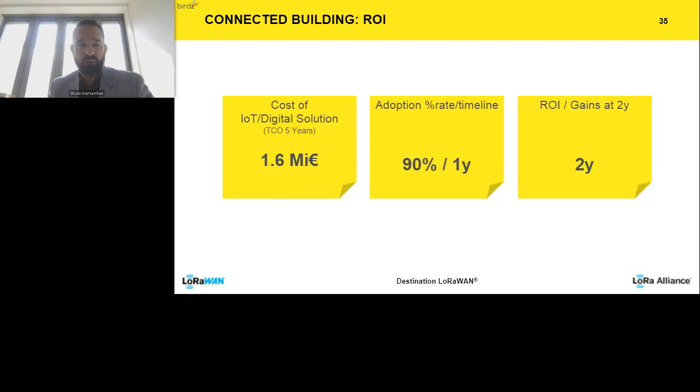For this kind of rollout deployment, it has been a total cost of ownership of the IoT digital and operation and deployment of 1.6 million euro. I said previously the adoption rate of the client in the timeline to make sure that he uses the system to the fullest in order to achieve benefits. It has been done to a significant 90% over a year, with good support, good training, and also a client engaged because they were motivated to deal with their pain points.